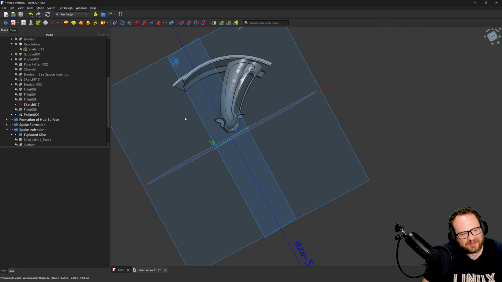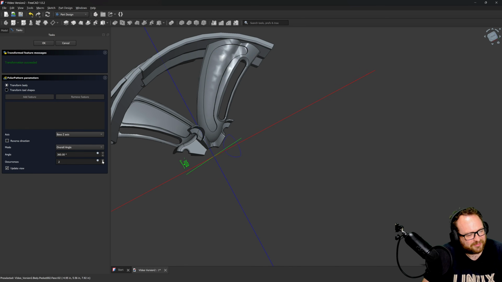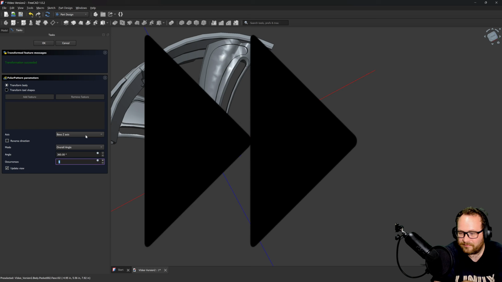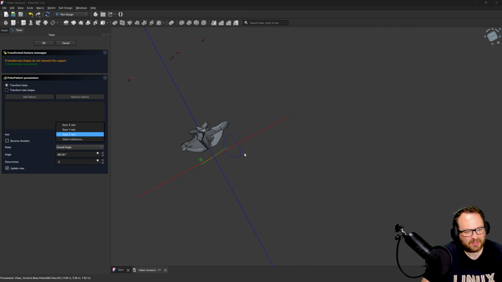Now we'll just see if I can pattern this, right? So I'll go with polar pattern, and it defaults to the body, so we should be good there. We're going to say 5 instances over our y-axis. Anything can happen here. I mean, this is a huge pattern. Oh, and we're calculating the 5 instances, of course. So then I'll choose the y-axis when it's done thinking about it. Okay, well that took long enough, but I can now change it to our y-axis and see if this will